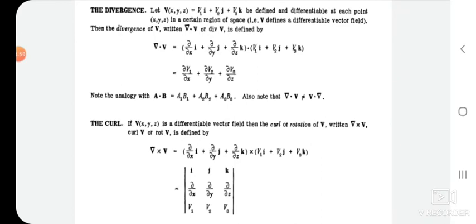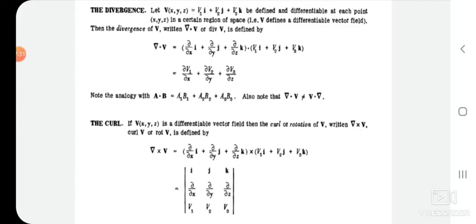Okay. Therefore, del dot v is equal to, we know the value of the del operator, which is i ∂/∂x + j ∂/∂y + k ∂/∂z, dot v. v is nothing but i v1 + j v2 + k v3. As we know, if we take the dot product of any two vector quantities, the resultant will be a scalar quantity, and it is simply the multiplication of its x component, y component, z component. Therefore, del dot v is equal to ∂v1/∂x + ∂v2/∂y + ∂v3/∂z.